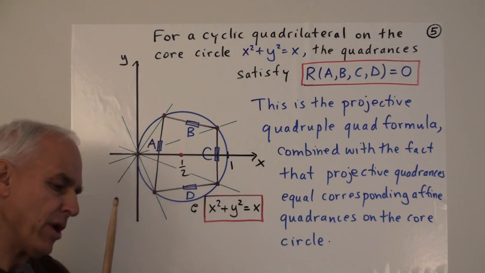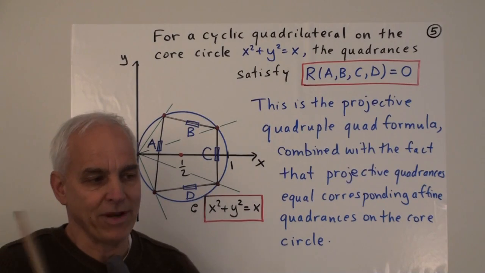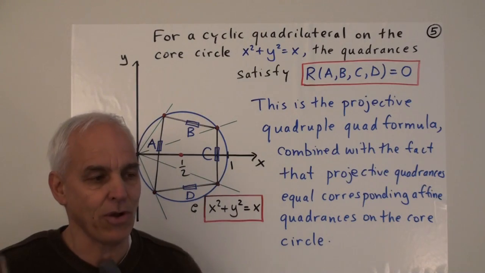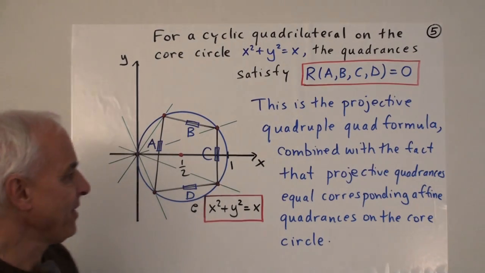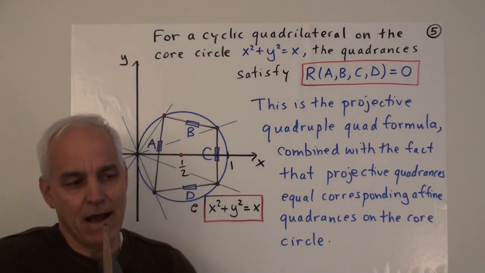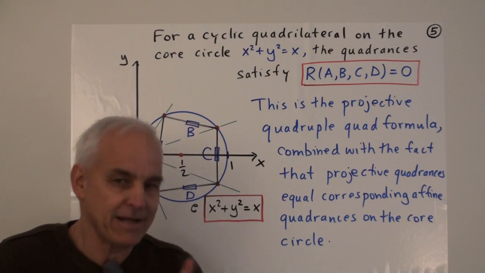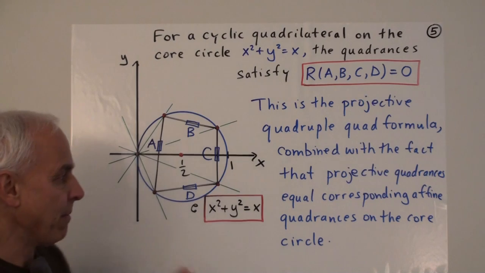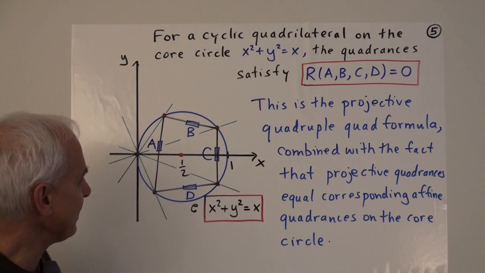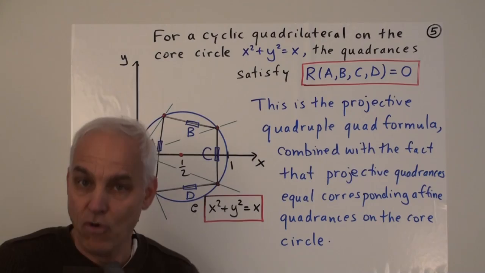And we saw this situation when we were talking about the triple quad formula and the triple spread formula, that the dilation of this basic circle affected the formula, in the sense that this is not a homogeneous formula, and so we ended up seeing that the amount that we dilated by got involved in the formula. So exactly the same kind of situation is going to be playing a big role here. Okay, but this is the sort of the important thing that we need to understand. I'll have to remind you about this projective quadruple quad formula.